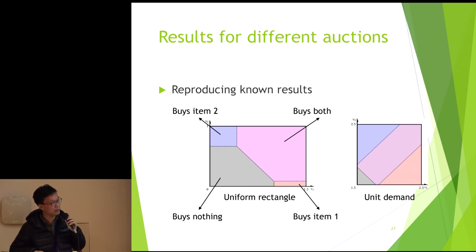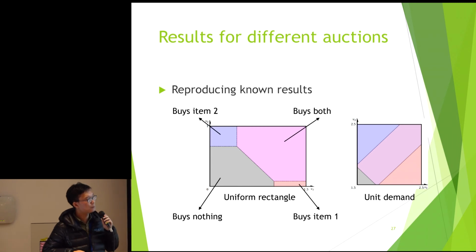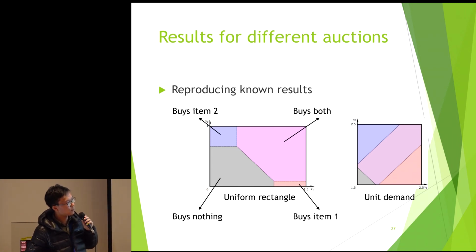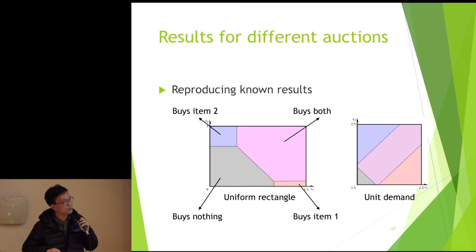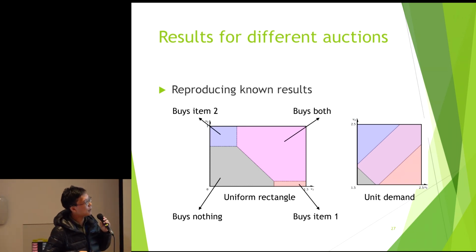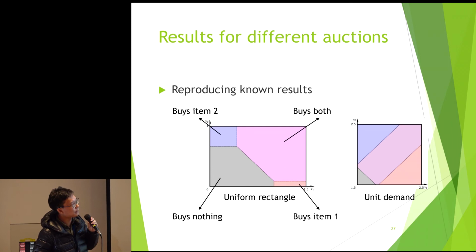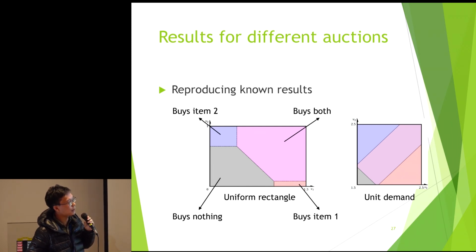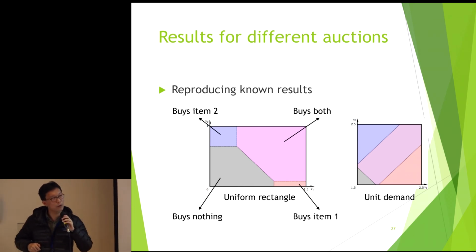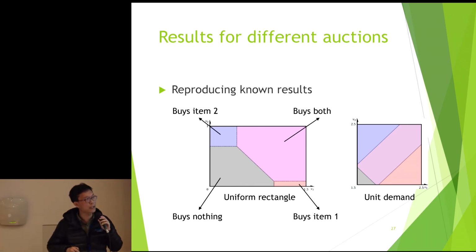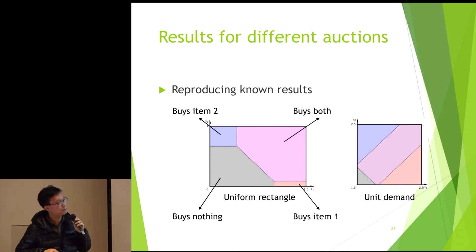best choice is to buy nothing. If in this pink area, his best choice is to buy both of the 2 items. So here, these 4 color blocks stand for 4 menu entries. And you can see that I have some black lines here separating these colored areas. In fact, these colored areas are drawn according to the output of our network, but these black lines